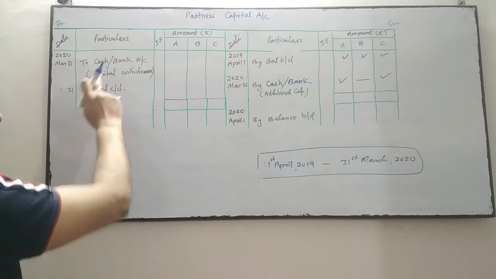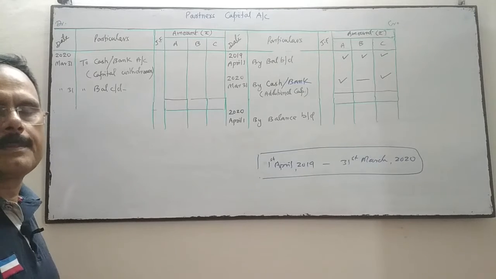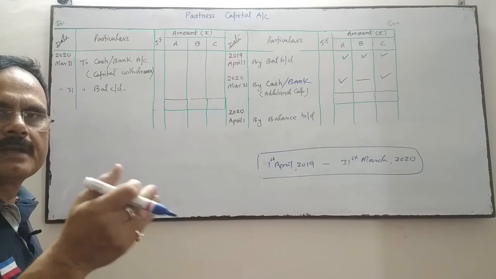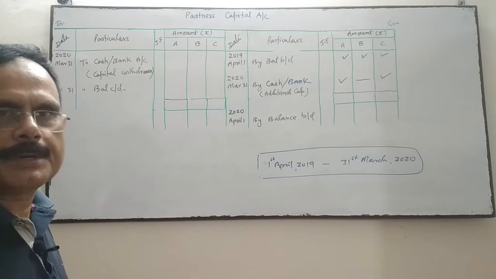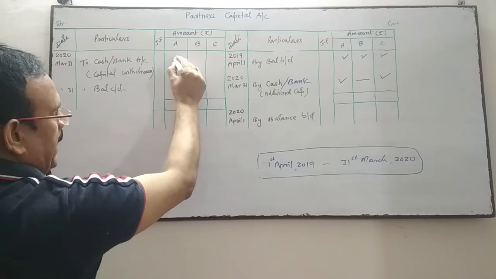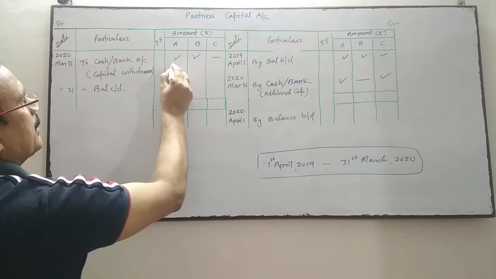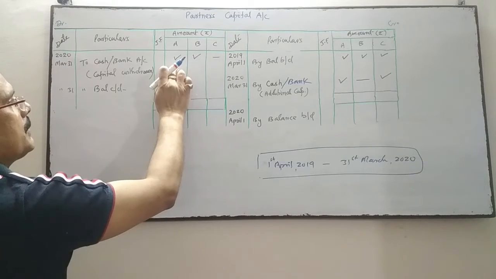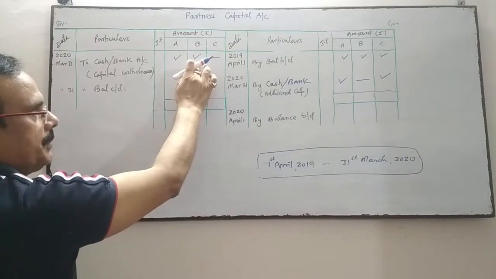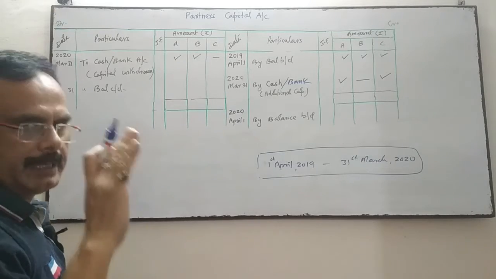This side, if the capital is withdrawn from the business by any partner, capital withdrawn means capital reduction, permanent withdrawal of capital from the firm, which is called capital reduction. If the capital is reduced, suppose A and B have reduced their capital, then we will write like this. In A's column, whatever the amount they have withdrawn from the business, and whatever the amount B has withdrawn from the business to reduce capital.